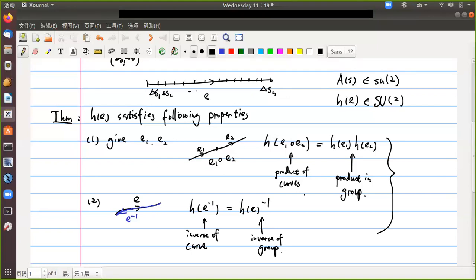This holonomy is a mapping from the space of curves to the group that preserves those mathematical structures. That's why, in mathematical language, we say that H is a homomorphism